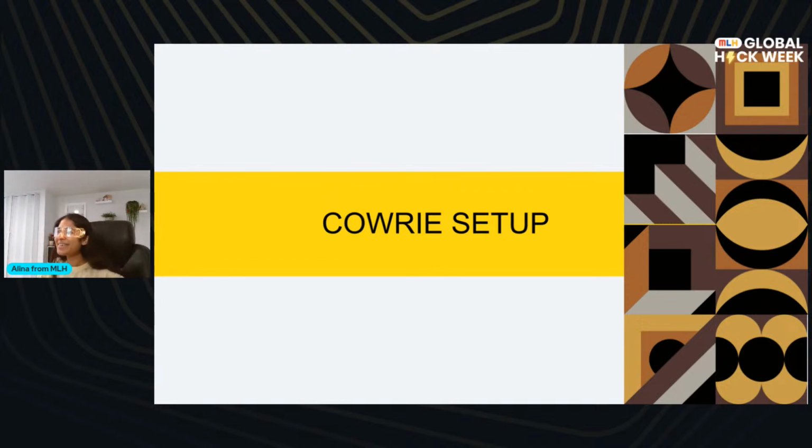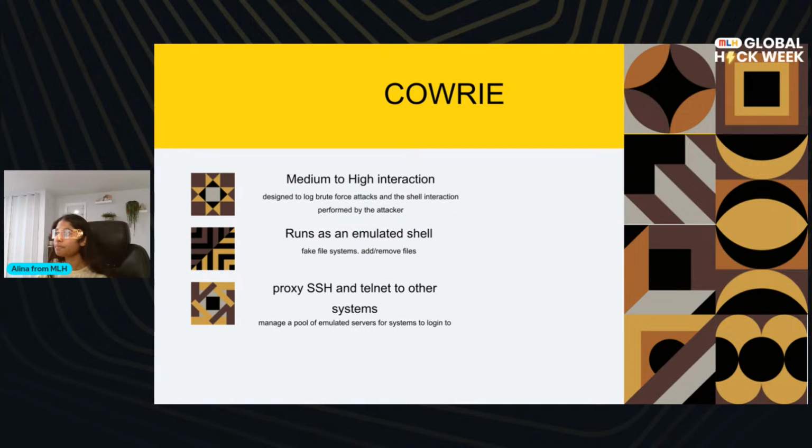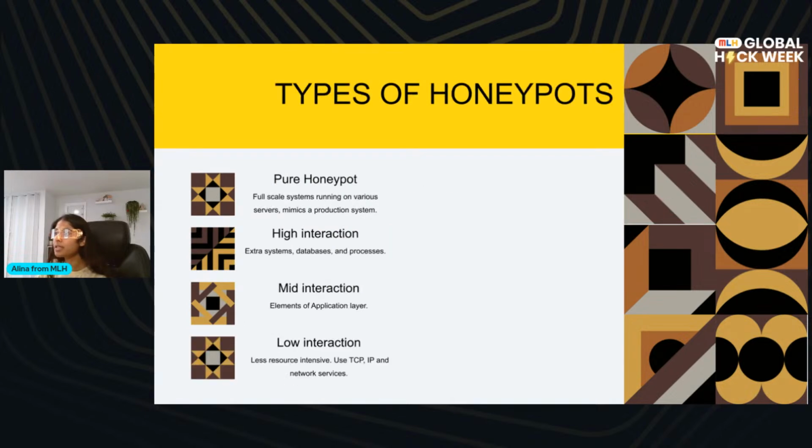Cool. So we did a very basic setup of Corey, where I walked y'all through just how I had Corey set up and some of the files to look out for when you're setting up Corey, the configuration file, where it lives, the things that you could do with it. So it is a really great tool. Again, like we talked about, I'll go back to the previous slide. It is a mid to low interaction